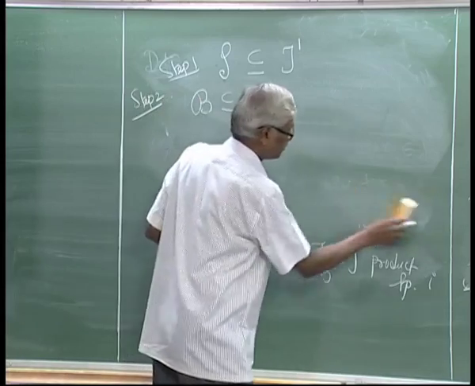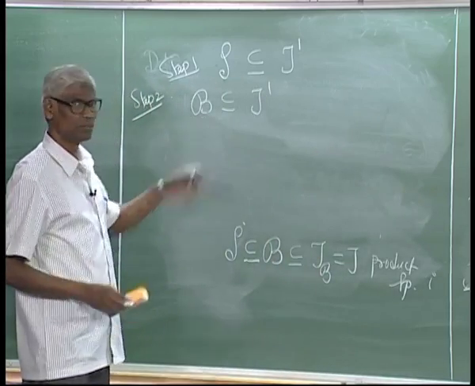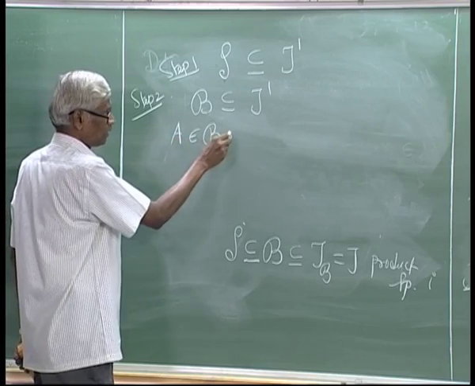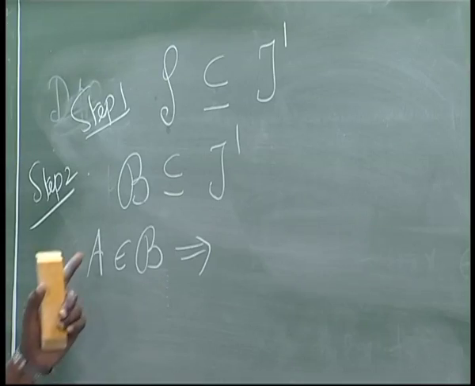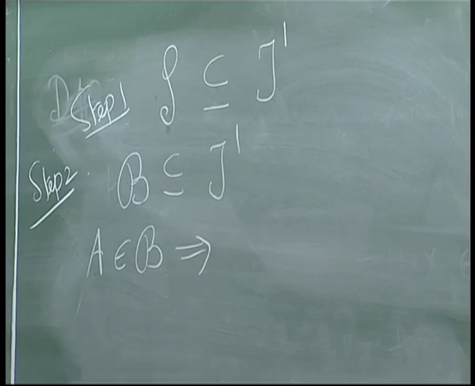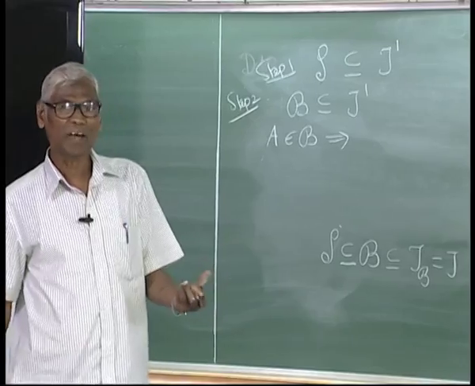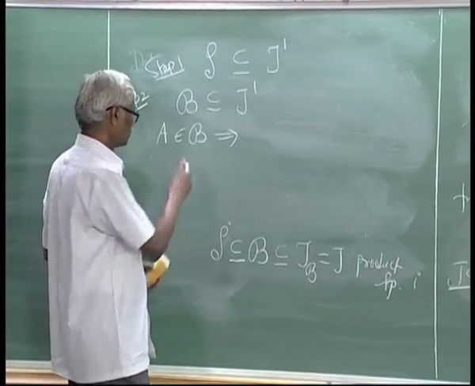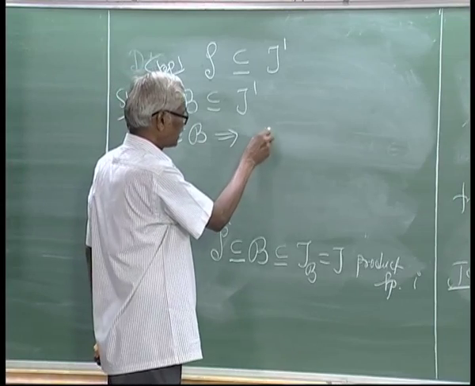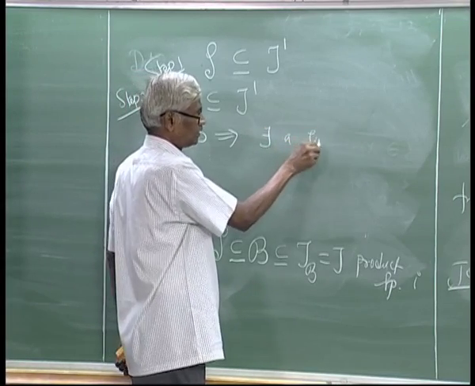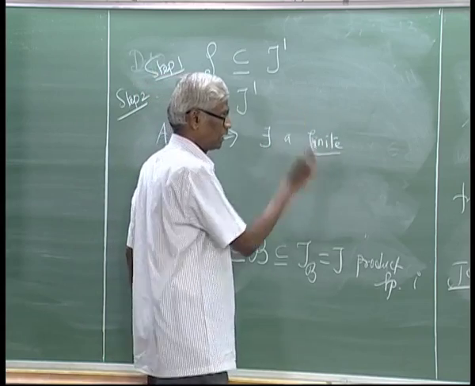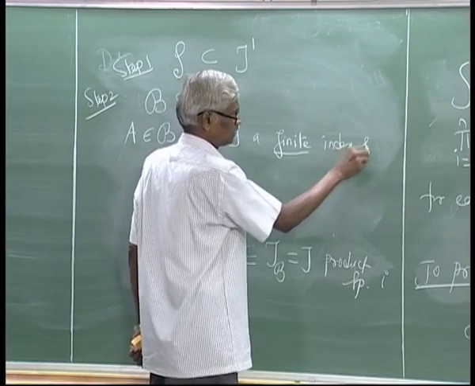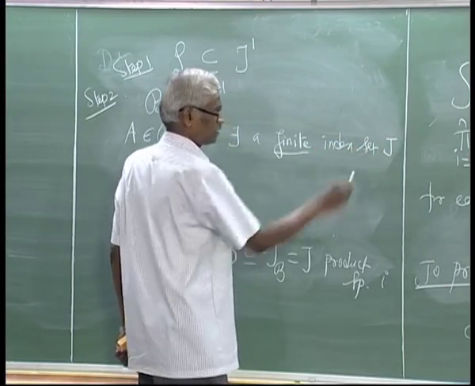That is quite obvious because if A belongs to beta, then by definition beta contains the finite intersections of members of S. So, A belongs to beta implies there exists a finite index set J, which may even be empty,